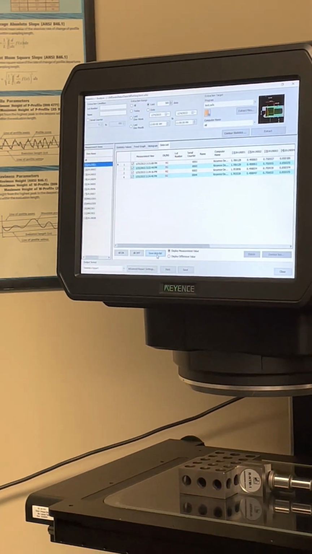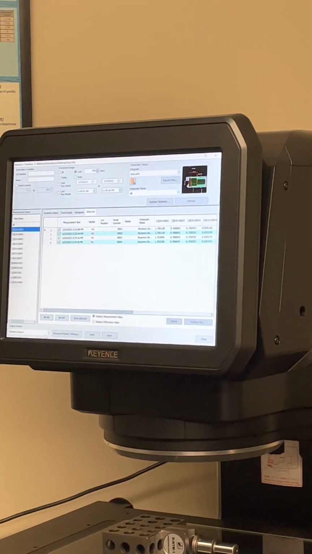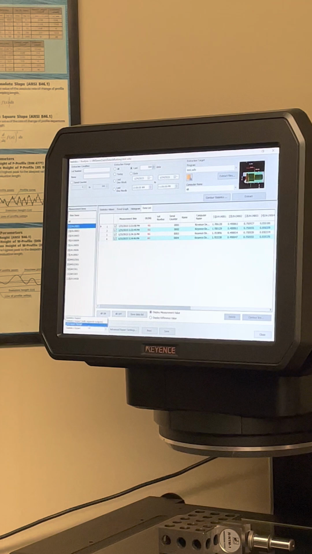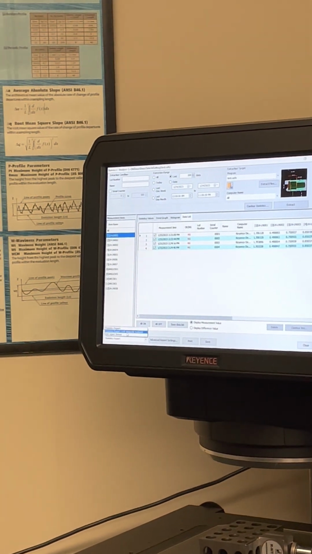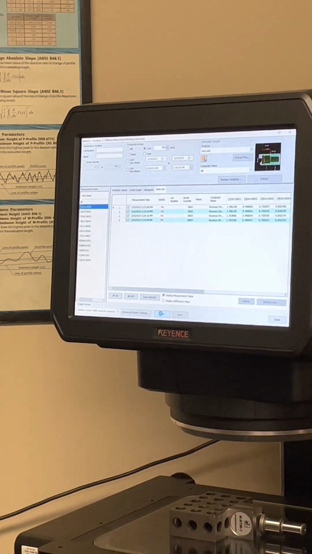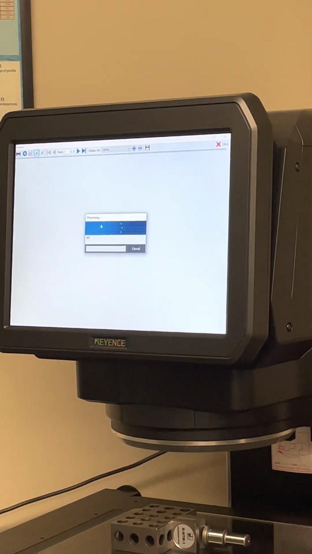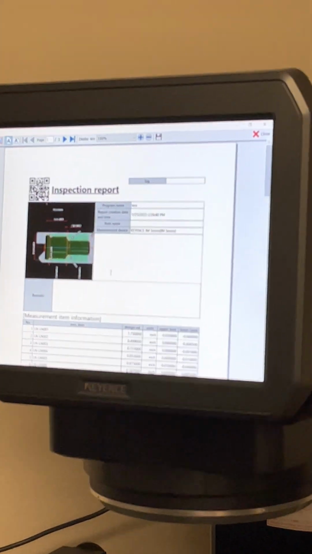So if we just wanted to print a report, I could do this. I could say underneath here, here's my reports, and this is one with separate outputs. So then I can hit print. Okay, this is not hooked up to a printer yet. I think it should just give me the image. Okay, but this would be my